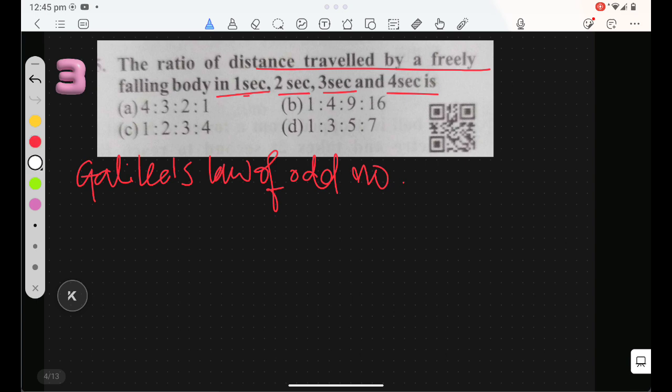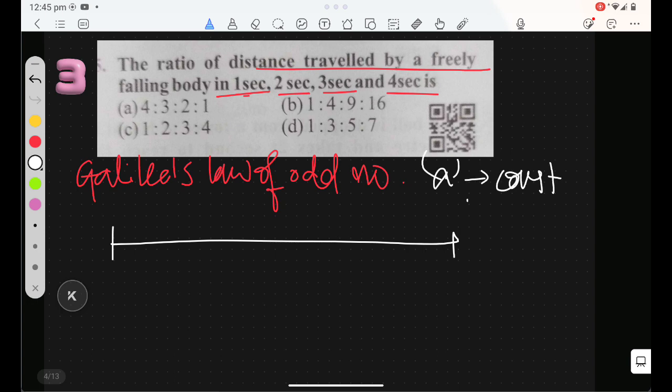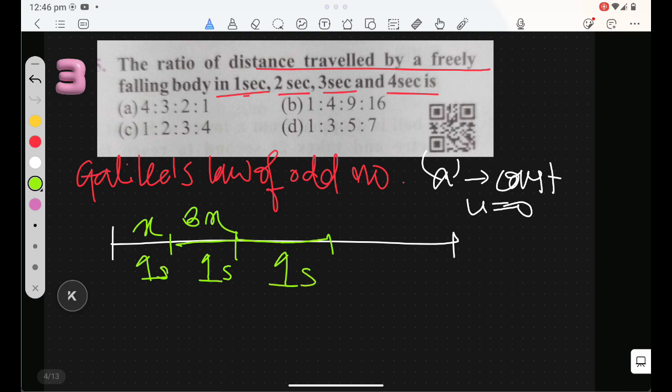What Galileo's law of odd number states: if a body is undergoing constant acceleration and the initial velocity is 0, then if the distance covered in first second is x, the distance covered in the next interval of time would be 3x, and in the next 1 second, it would be 5x,